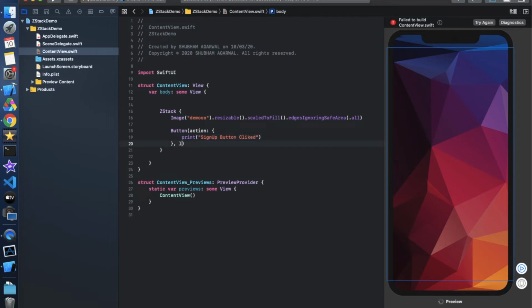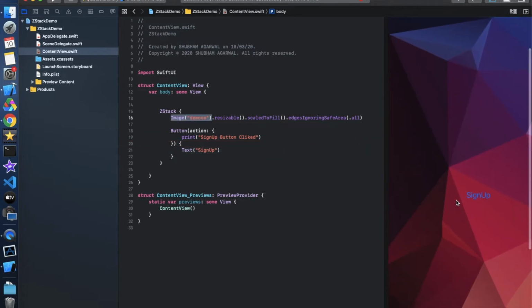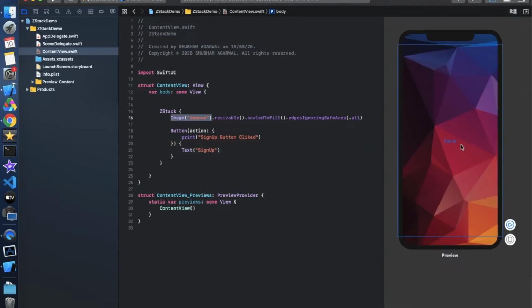And in this label we have to put the values, like whatever we want to show on that button and how the button looks. So simply use the text property, text view, and simply like this, and it's like Sign Up. So that button is created over here. I don't know whether you are able to see this button or not. It's not coming on the full screen, and even the background color is not good.